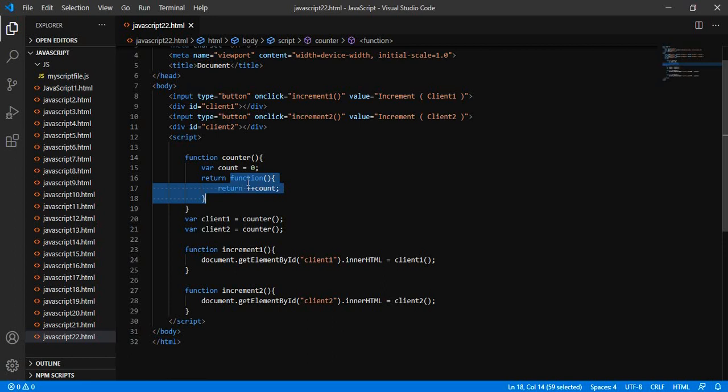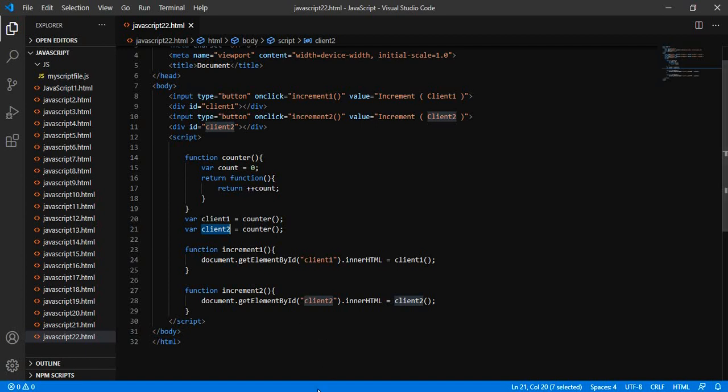And when we are calling this function, we are simply getting the increment of this local variable count. When it comes to client 2, again it will go ahead and get a function with the local variable count for this counter function, that is the outer function for this function, and every time it is called, it will simply get the increment of the count separately.